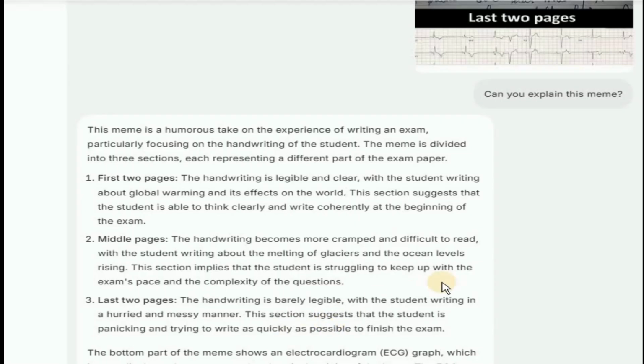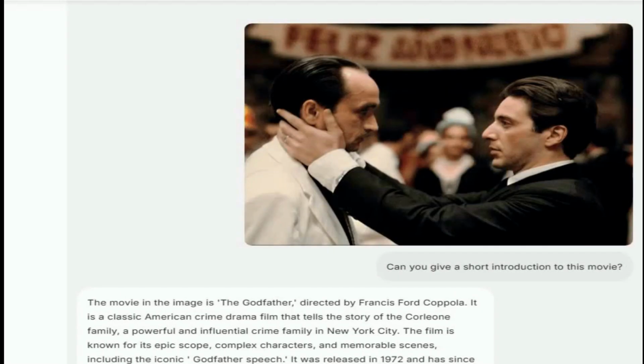to finish the exam. So this means that it also has the capability to understand different aspects of the images which might not be appearing by just looking at the image. So it uses its thinking capabilities in order to understand all the different aspects of the provided image. And here is the last example for the chat use case.